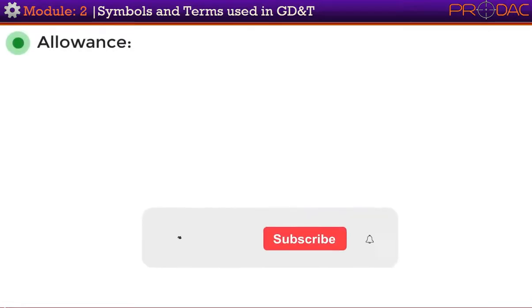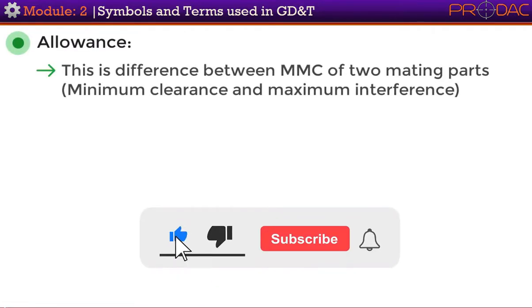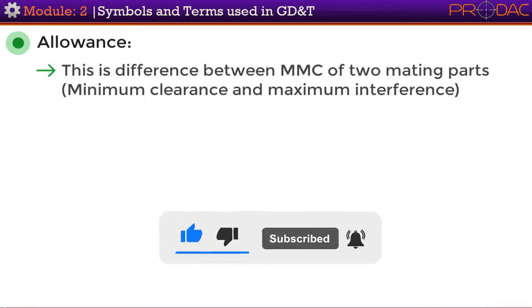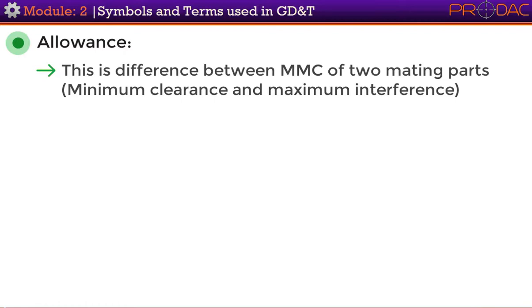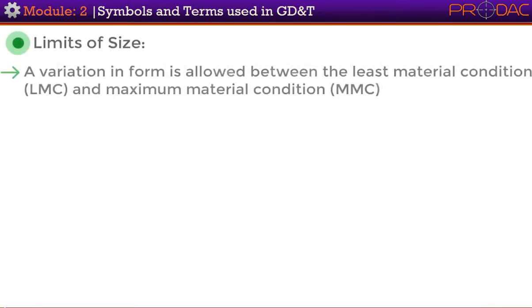Next topic is allowance. This is the difference between MMC of two mating parts, minimum clearance and maximum interference. A variation in form is allowed between the least material condition LMC and maximum material condition MMC.